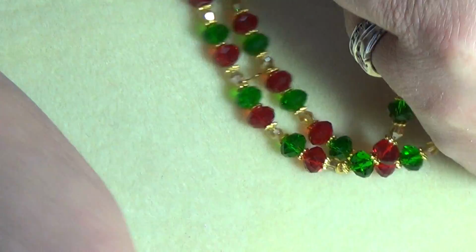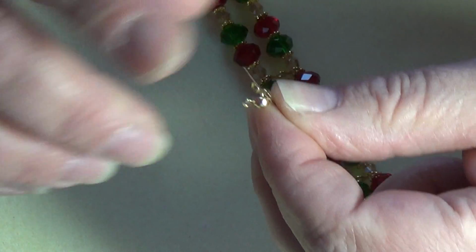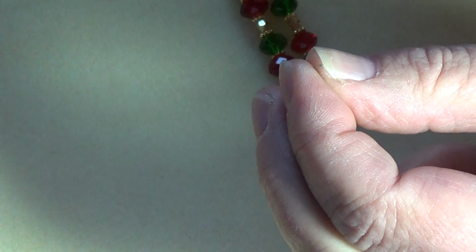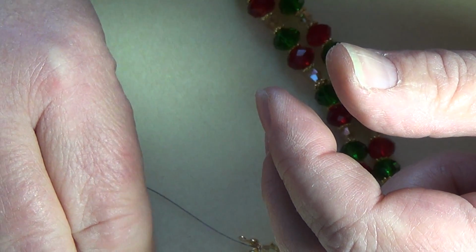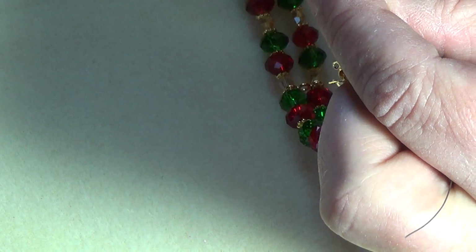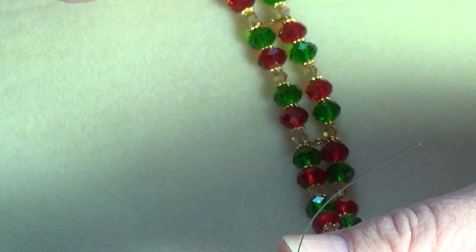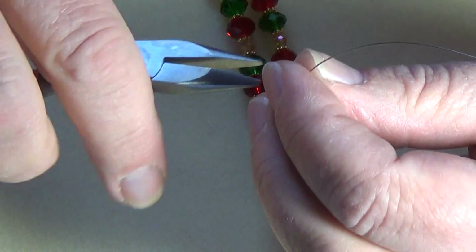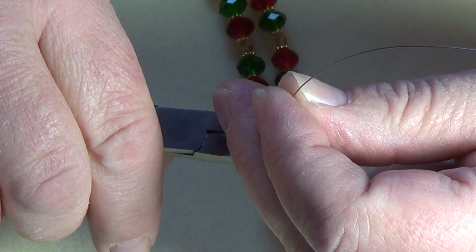On this end, you're going to put one of your bead cap or your bead crimp bead covers on and let it fall down to the bottom. You're going to put a crimp bead on and let it fall into the bead cap cover. Now this is where it's going to be a bit tricky. You don't want to pull this super tight that this is just going to buckle on you. So don't pull it too tight. Just let the beads hang, dangle normally, and just leave a tiny bit of